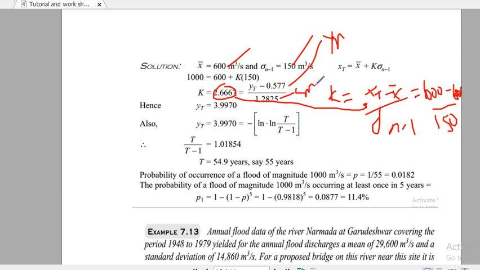So the probability of the occurrence of a flood magnitude of 1000 meter cube per second is equal to, how much? The probability of the occurrence of a flood magnitude is equal to what? P, probability, is equal to 1 over return period. So first compute the return period. Among this equation we can estimate the return period. That means first compute